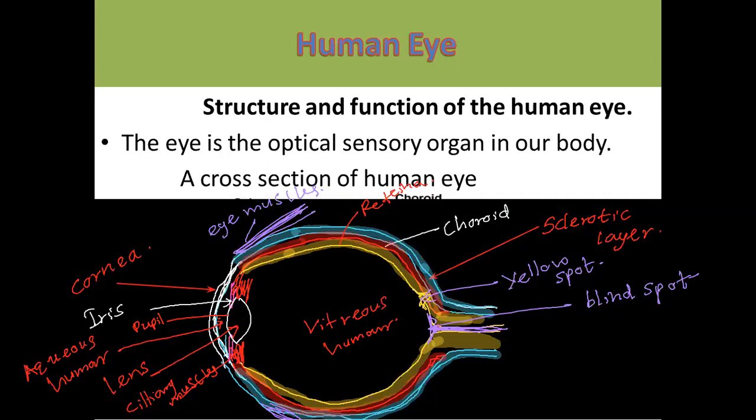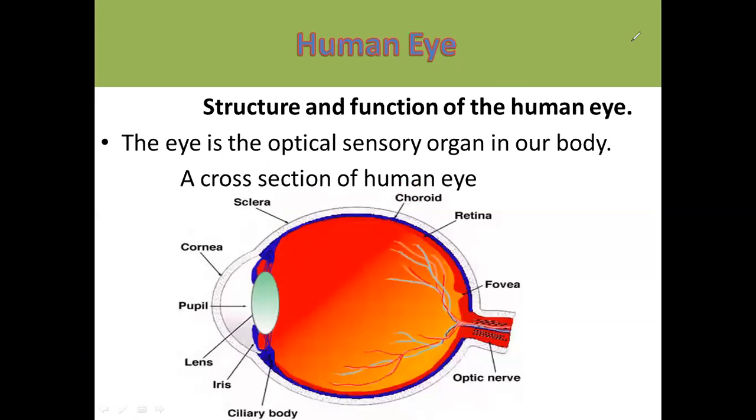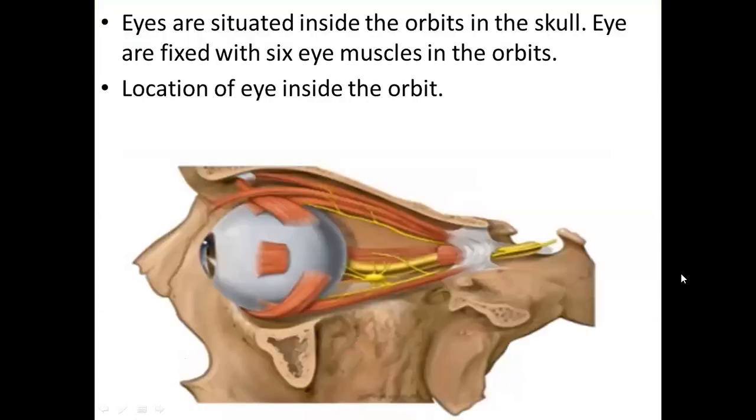So we are going to talk about how the human eye is connected to the skull. Normally, eyes are situated inside the orbit of the skull. Our skull has orbits; there are two orbits. I will clear this now. Is it okay? Look at this one. If you haven't completed it, just draw several times. You will practice drawing the human eye. Now we'll go to the next one.